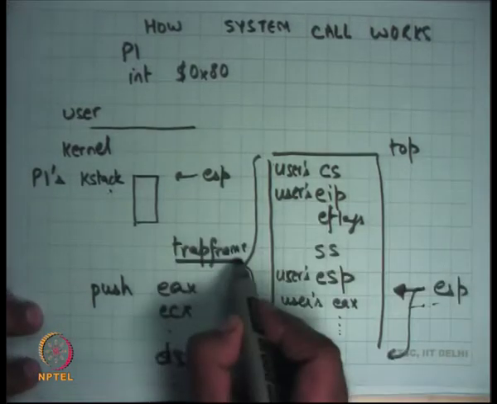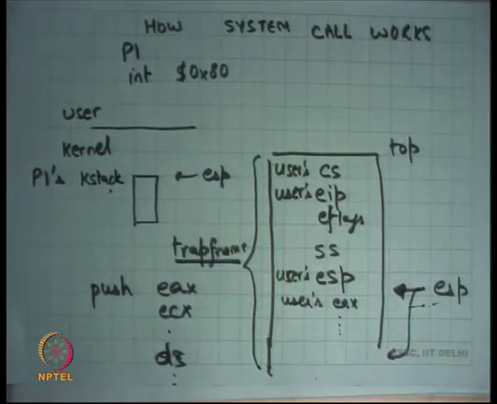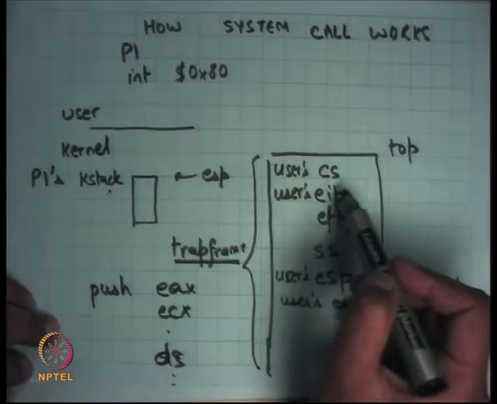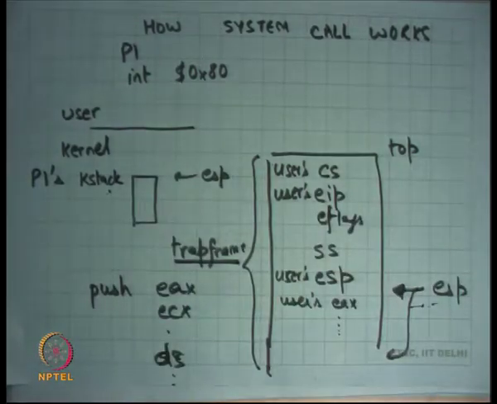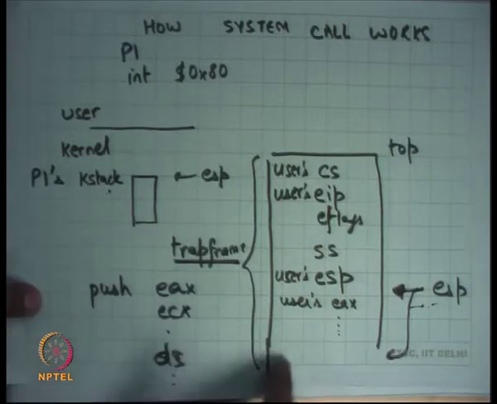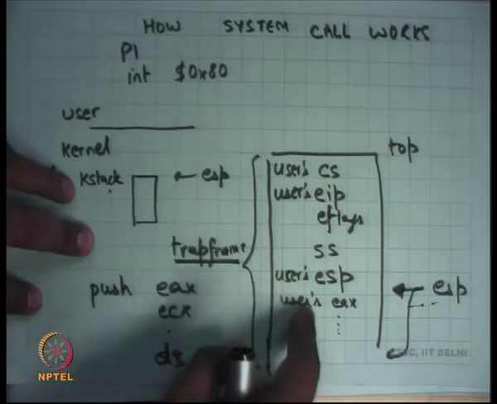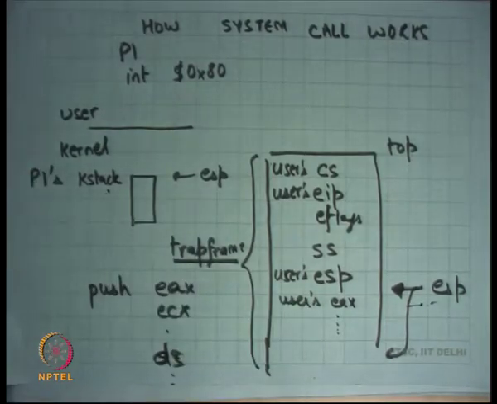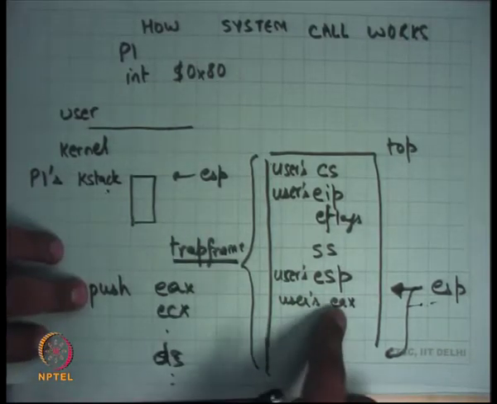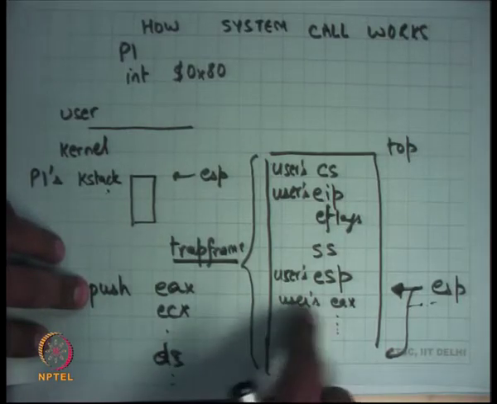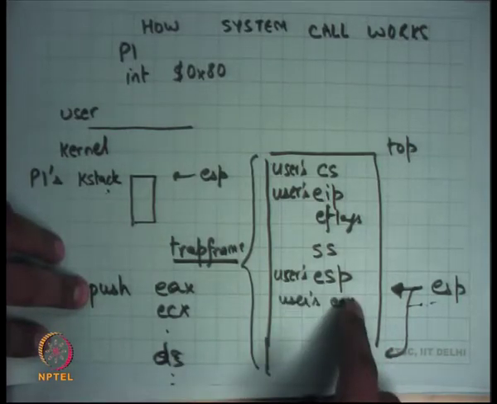This trap frame is important. The reason it's called a trap frame is because it's a frame that is initialized on every trap. And it is important because from here, the kernel functions can figure out the values of the user registers at the time of the system call. For example, if it wants to know the arguments, it just needs to look into the trap frame. Also, the return value can be passed through the trap frame. If I want to pass the return value in the EAX register, all I need to do is overwrite the trap frame's EAX.